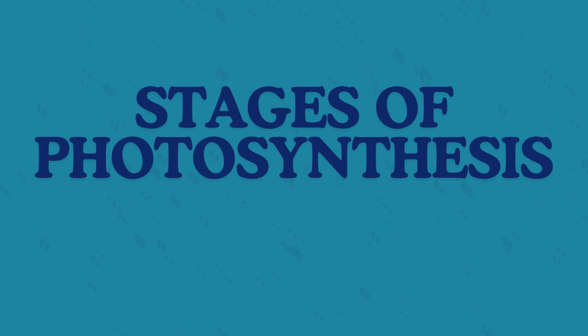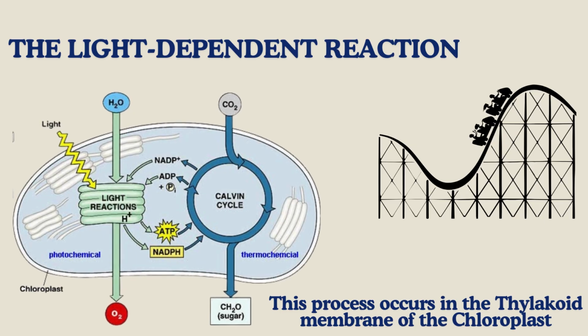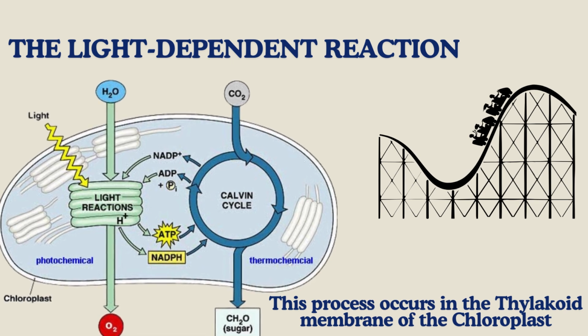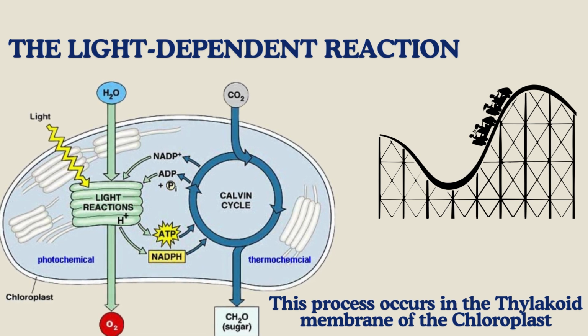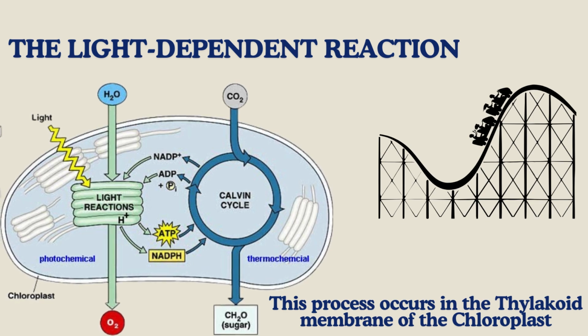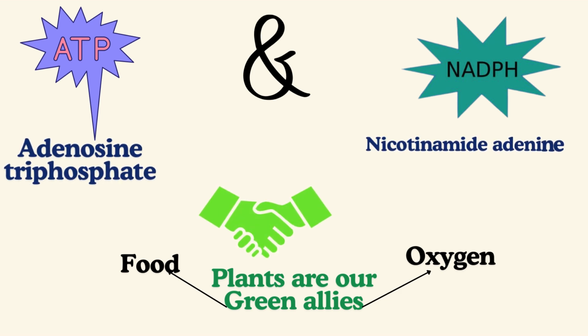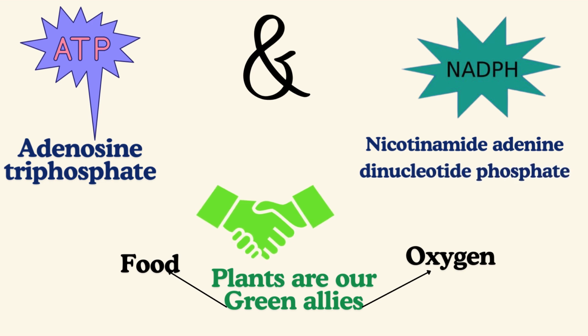Photosynthesis has two fascinating stages. Let's dive in. Stage 1. This is called the light-dependent reaction. This occurs in the thylakoid membrane of chloroplasts. Picture this. Sunlight hits the chlorophyll, exciting electrons like a roller coaster ride. These energized electrons create adenosine triphosphate and NADPH. Think of them as the energy currency of the plants. An interesting fact is that one large tree can produce enough oxygen for 2 people each day through this process.